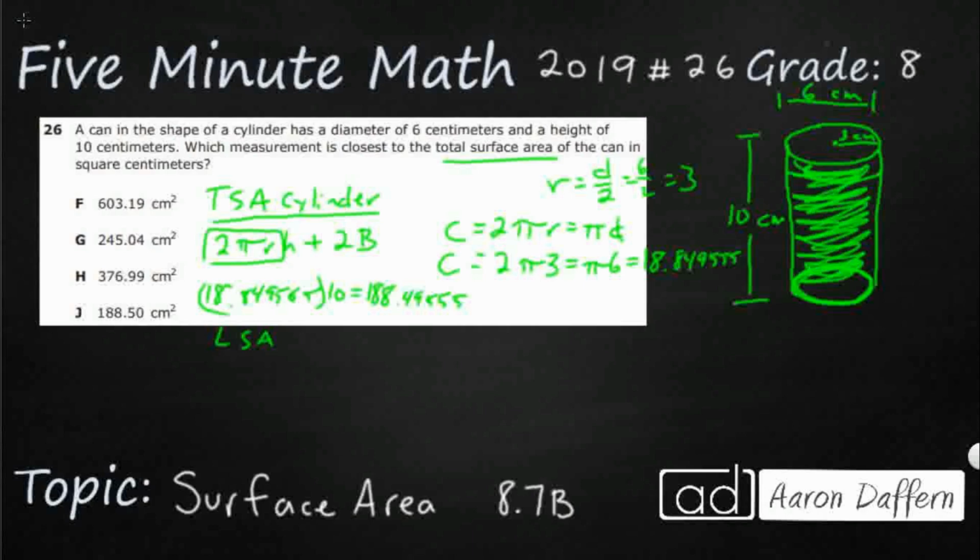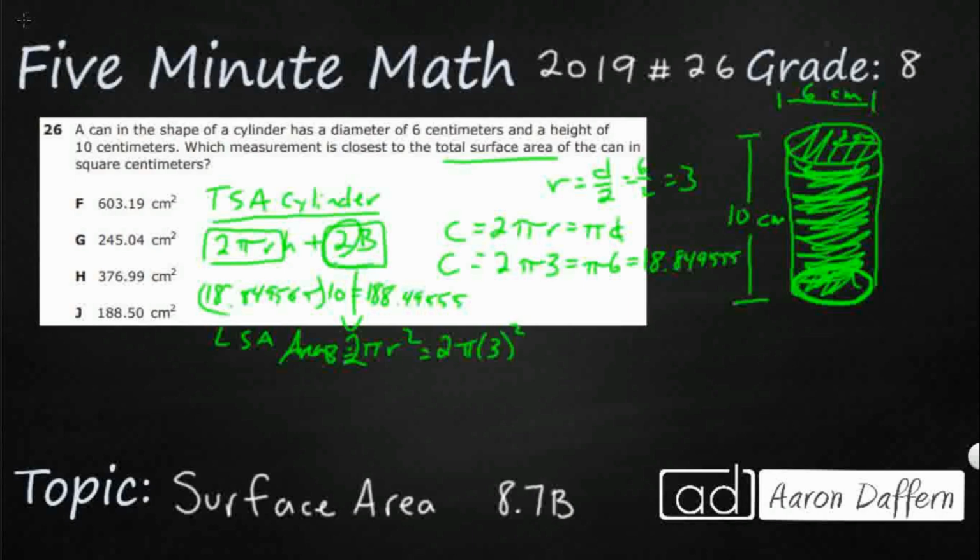If we want the total surface area, that's where the 2b comes in. We have to add in the area of the base on the top, the area of the base on the bottom. So how do we find the area of the base? Well, the base is a circle, so that's just pi r squared. So if we want to double that, because there's 2 bases, we are just going to do 2 pi r squared. So 2 pi, and then my radius is 3